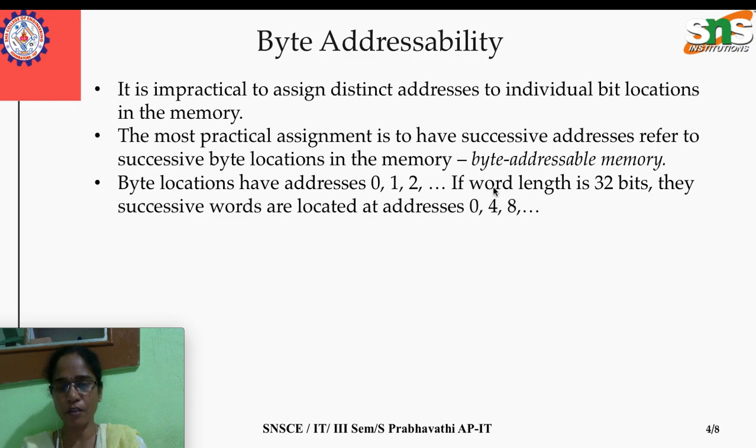For storing a word length of 32 bits, we need the byte address locations 0, 1, 2, 3. The next word will start the byte address location from 4, and since that word is also 32 bits, it needs 4 more bytes: 4, 5, 6, 7. The third word will start from byte address 8. Likewise it goes on under the concept of byte addressability, if we refer to each and every word by means of byte address.